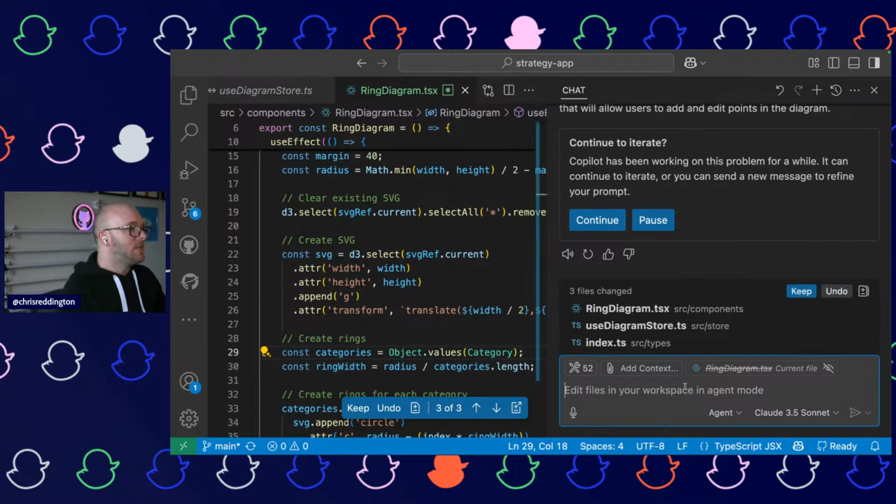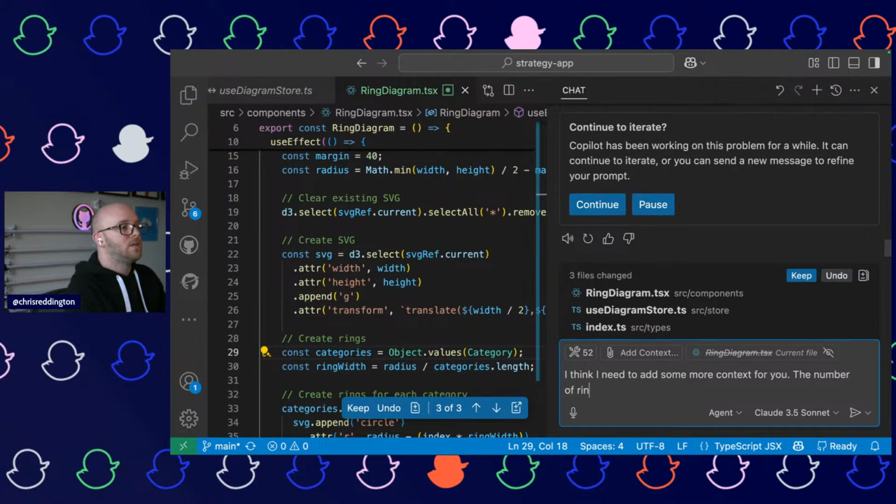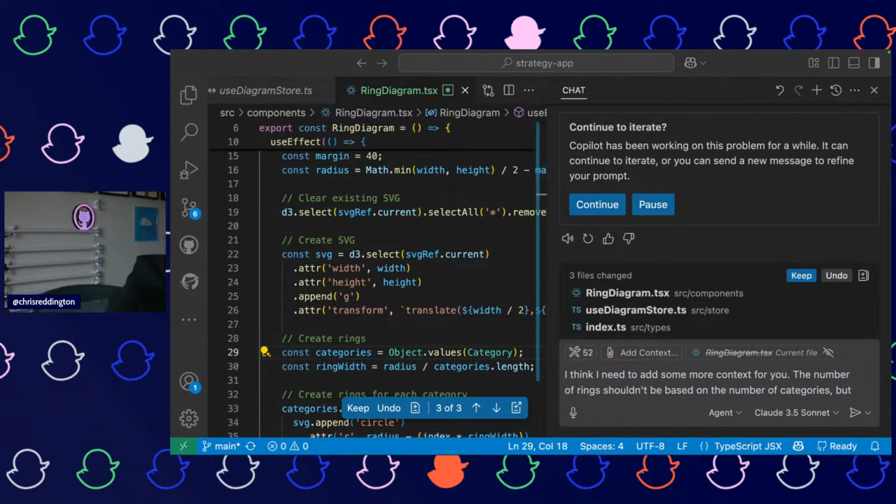I'm just going to reprompt it and say, I think I need to add some more context for you. The number of rings shouldn't be based on the number of categories, but what did I do it on? I'm just going to look back at my original diagram.